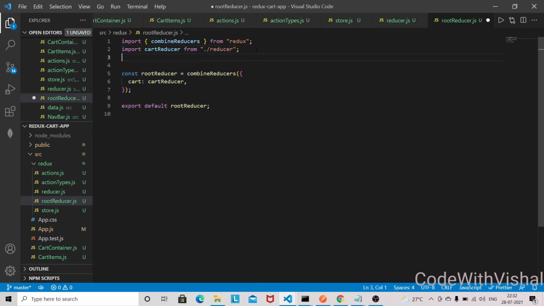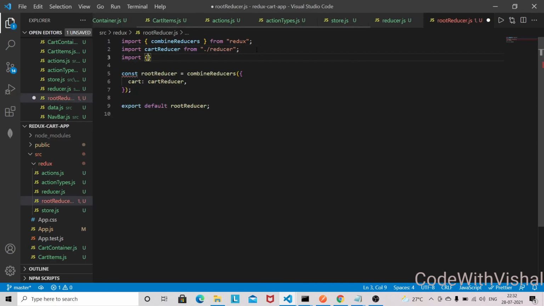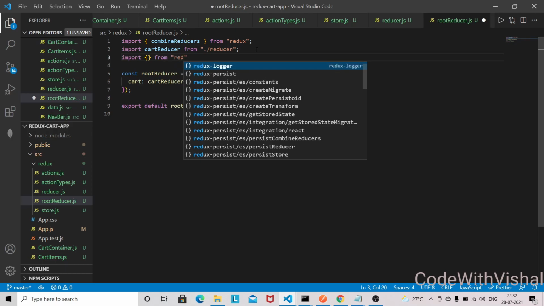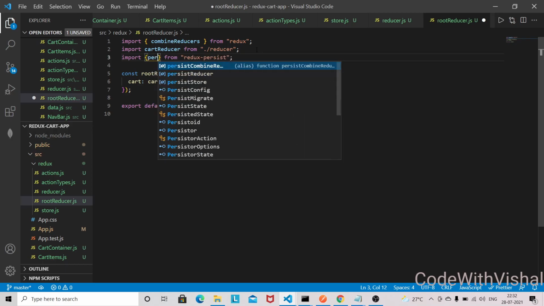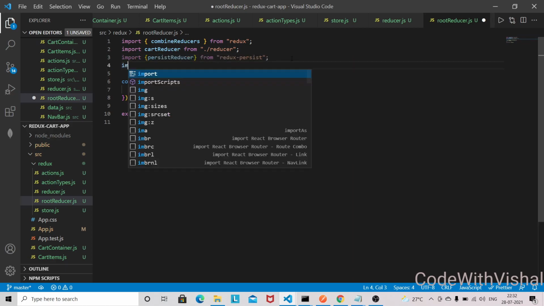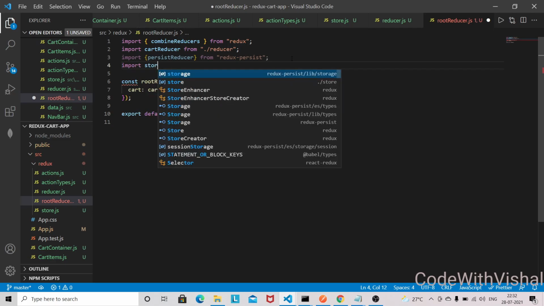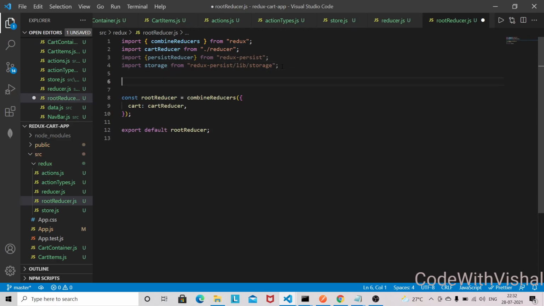So here we need from redux persist. We need to adjust our code a little bit here. So from redux persist, I need persist reducer, and we also need our storage, and we need to define one configuration here.